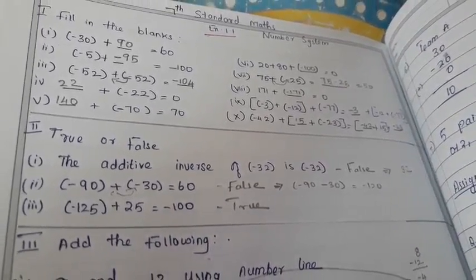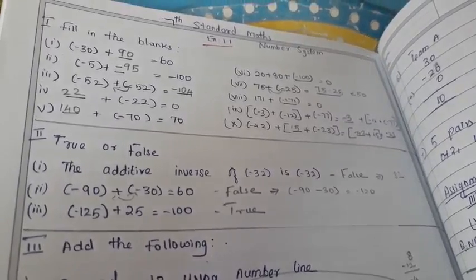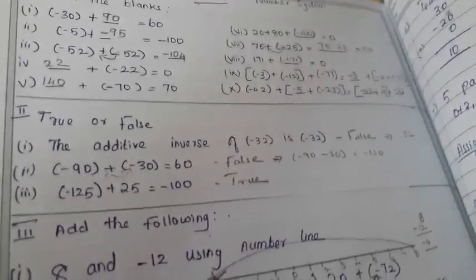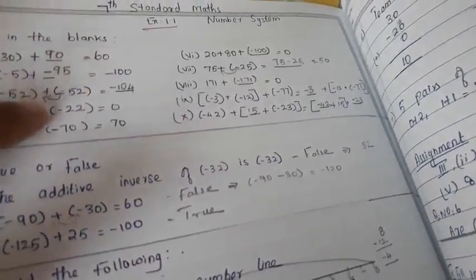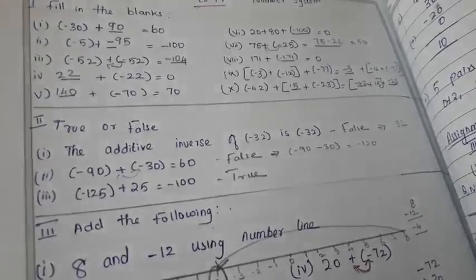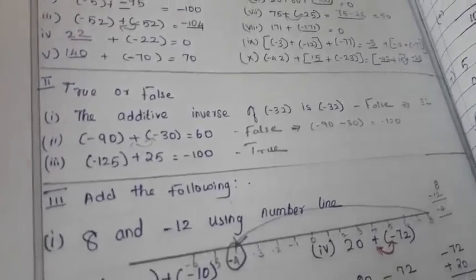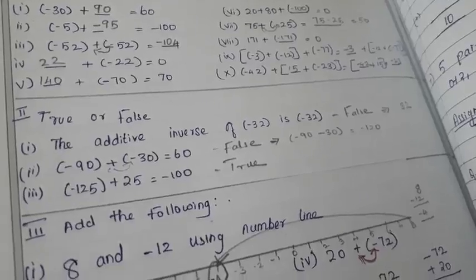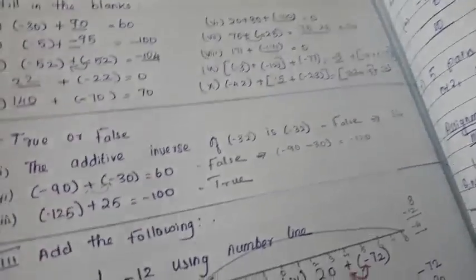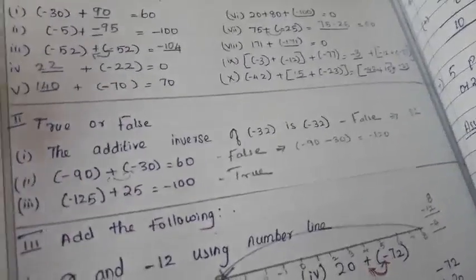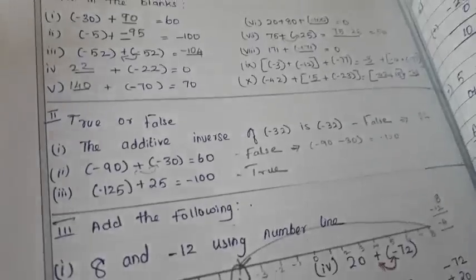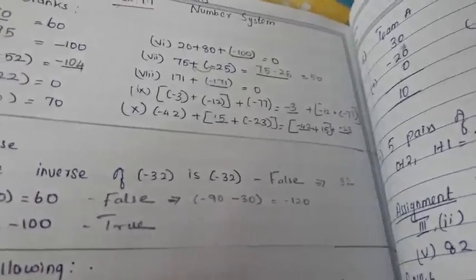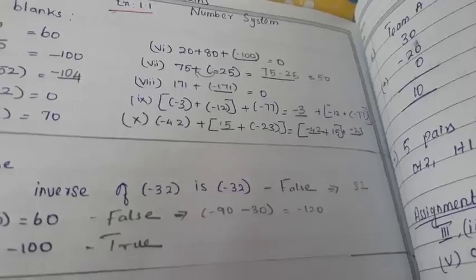Okay, look into the fourth question, that is 22 plus of minus 22 equal to 0. That is plus of minus will become minus here, and plus 22 and minus 22 is equal to 0. That is identity concept we have learned, that is same number with opposite symbol, one number in plus and another number in minus, the answer will be 0. So plus 22 and minus 22 will be 0. 140 plus of minus will become minus, so 140 minus 7 is equal to 70. So same way I have given you here for the 6th sum and 7th, 8th sum under the same concept.